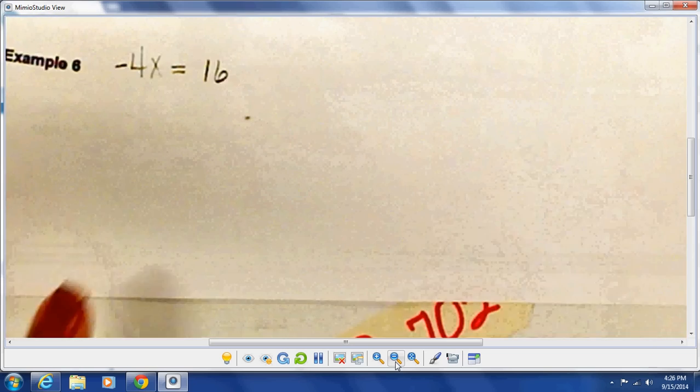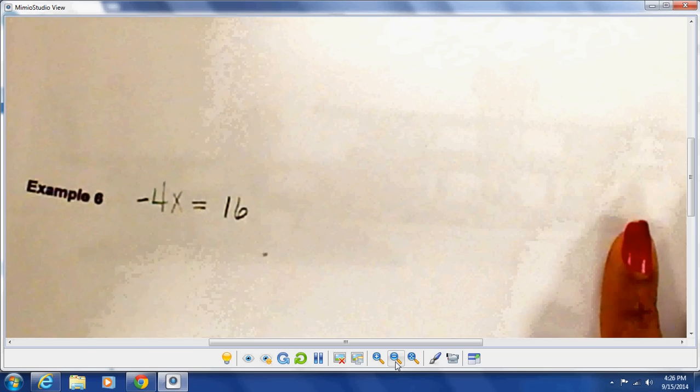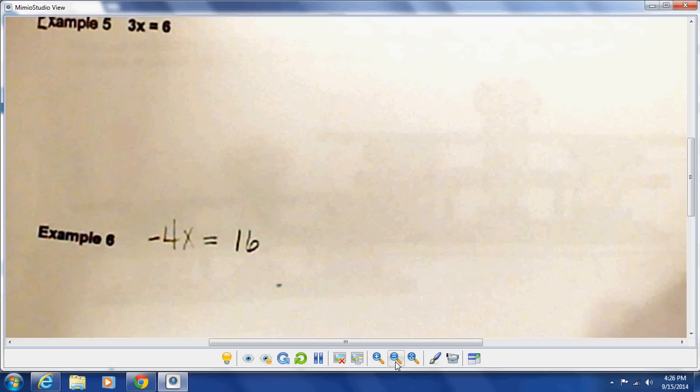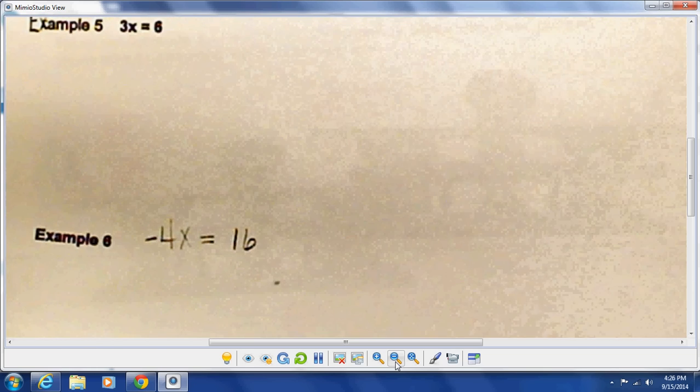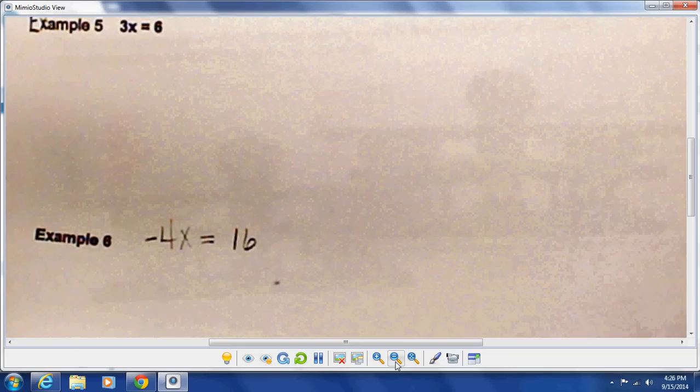Okay, in example 5, we don't have a balance here, but we don't necessarily need it. Okay, we have,